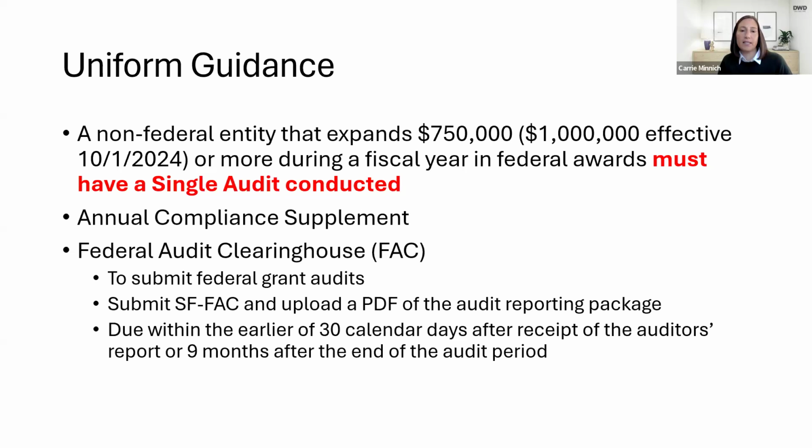There's an annual compliance supplement that the OMB issues every year, and it lists nearly every government grant that the government issues, and it talks about different compliance requirements that grant includes, who is eligible to receive that grant as far as when you're serving the public, what kind of costs and expenses you can spend that on, and if there are any requirements on whether you can spend that money on fixed assets or capital items. So this is what we use when we perform those audits. If you do get government funding, that should be something you're familiar with, or if not, go and take a look at that compliance supplement.